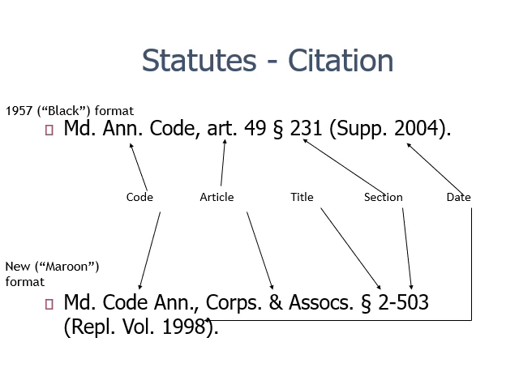So if the pocket part keeps getting updated, and it gets really thick, it literally does not fit in the back of the book any longer. That's when the publisher has to reprint an entirely new set of the hard copy volume of the books. They will throw out the original hard copy and the replacement volume will be issued. Replacement volume will literally be written on the spine of the book so that you know it has been updated. Replacement volumes have pocket parts too because they're updated. So always look in the pocket part if you're doing book-based research to make sure you have the most current versions of the statutes.